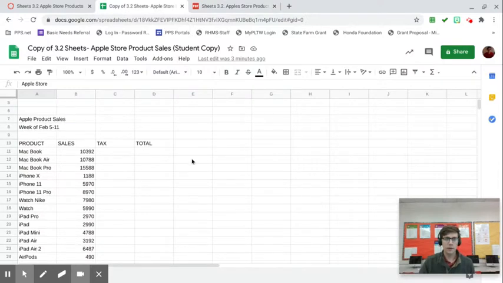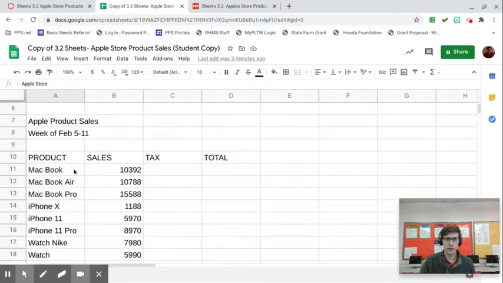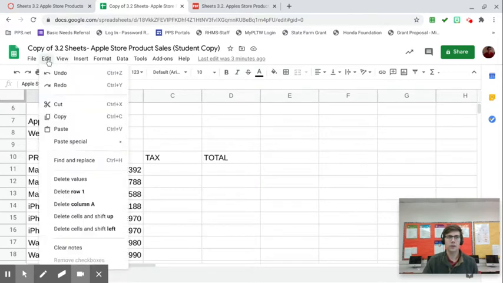So as you can see here on the left-hand side, there is this product and it says in A11, A12, A13, it says MacBook, but that's not how Apple spells it. So here's what we need to do. We need to go to edit. We need to go down to find and replace in the edit menu,